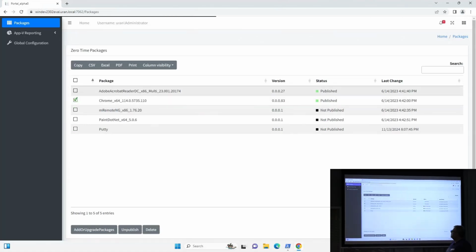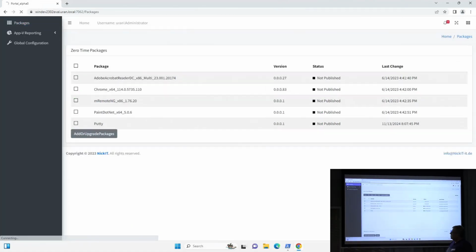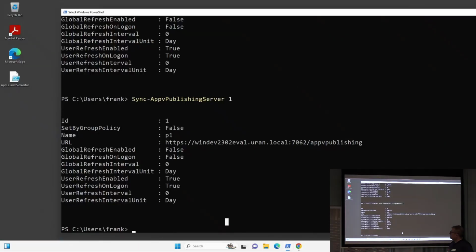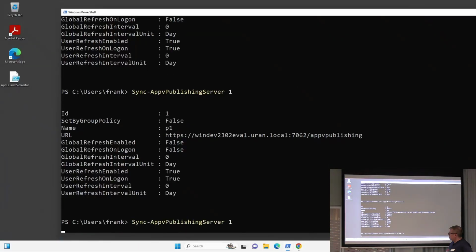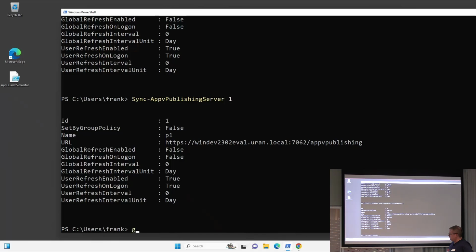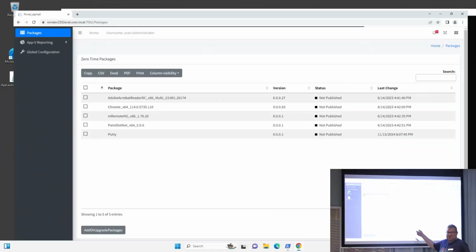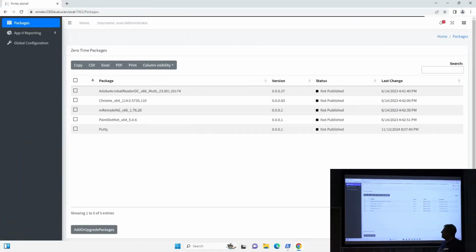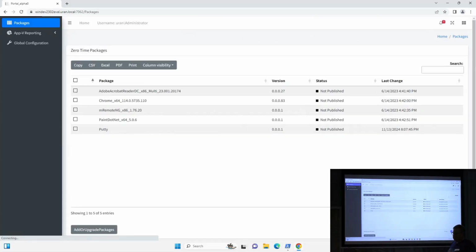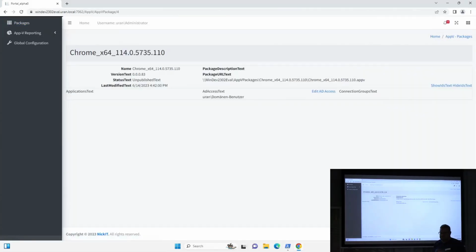Okay. Everything is unpublished. And here is the next mistake. Why is Chrome not unpublished? It's running, yes. It will unpublish it at a later time.